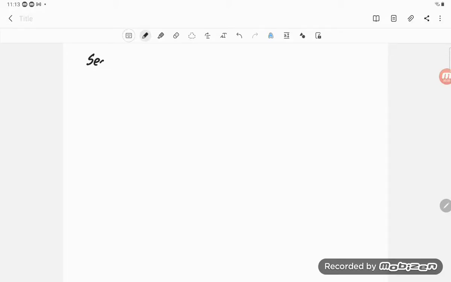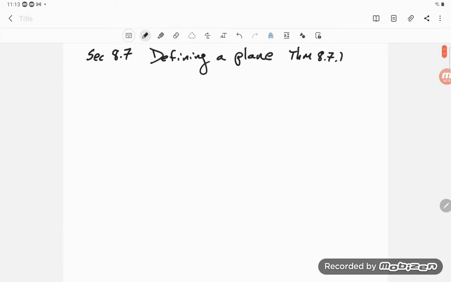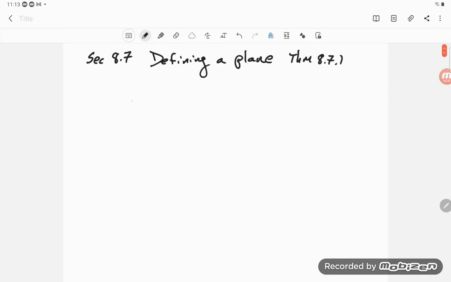Okay, here's section 8.7, and we're defining a plane, and we'll also do the first theorem, theorem 8.7.1. And so their definition for a plane is a set of points P, such that,